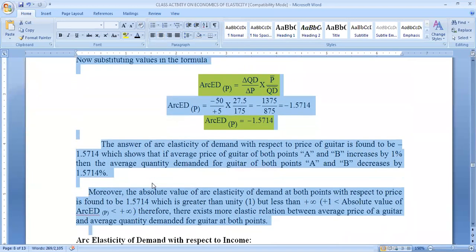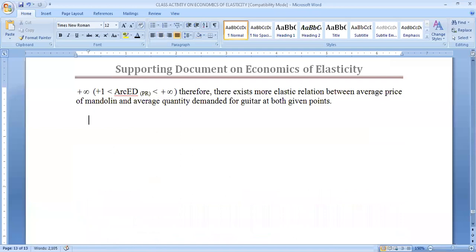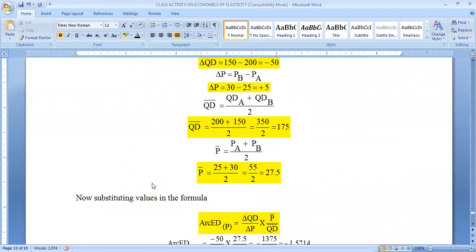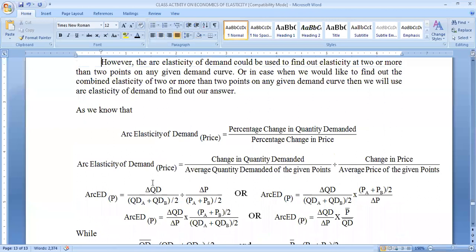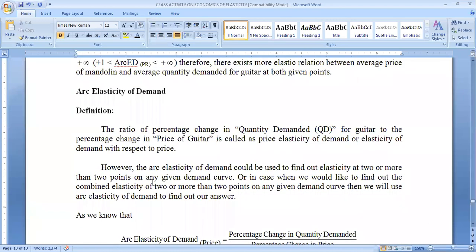I'll quickly answer my question number 9 so that we can finish the concept within time, inshallah. The next concept is about arc elasticity of supply with respect to price. So the definition is the ratio of percentage change in quantity supplied